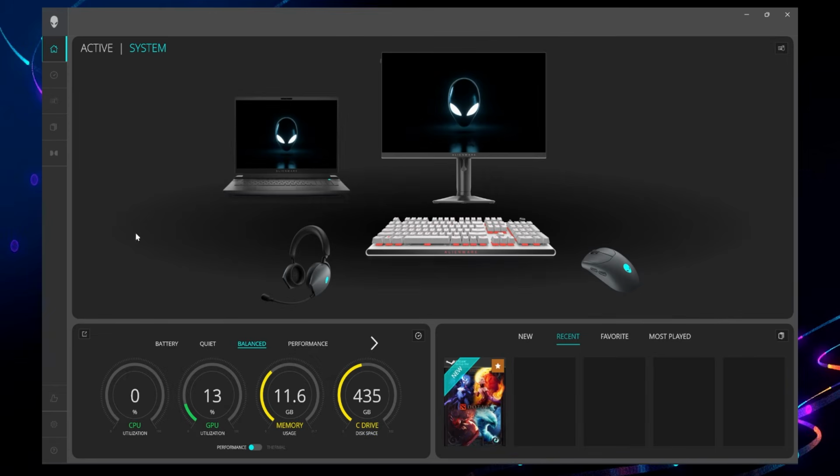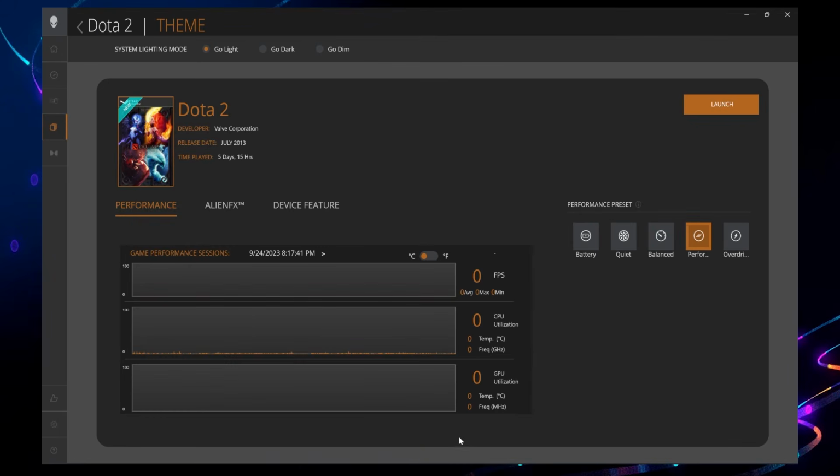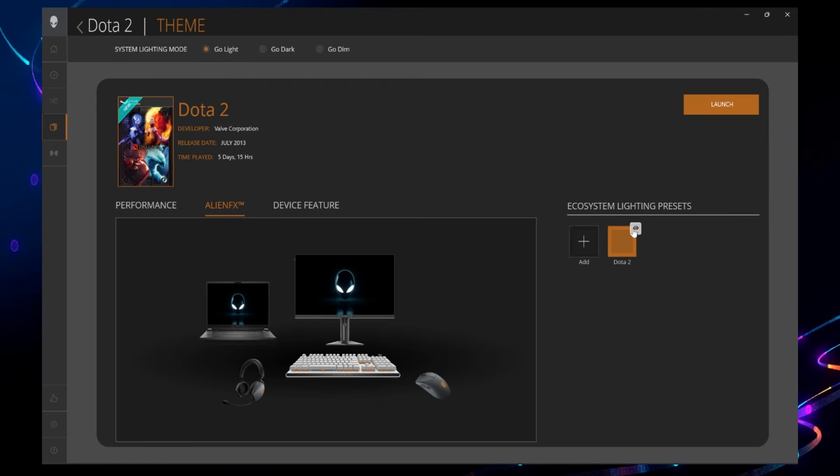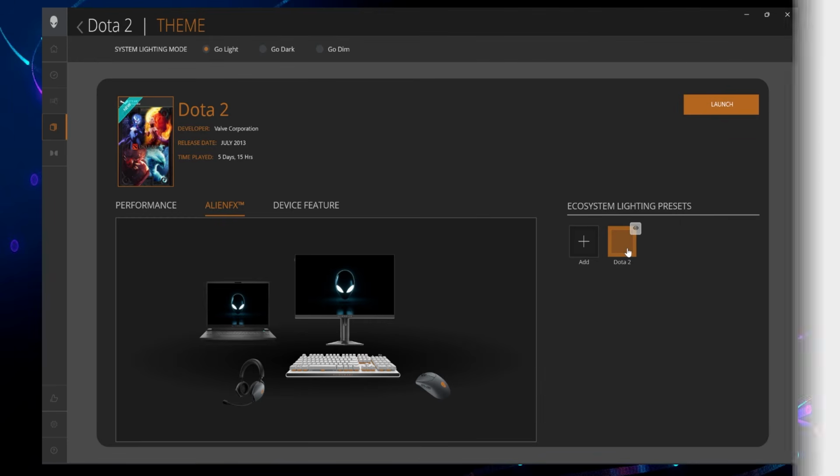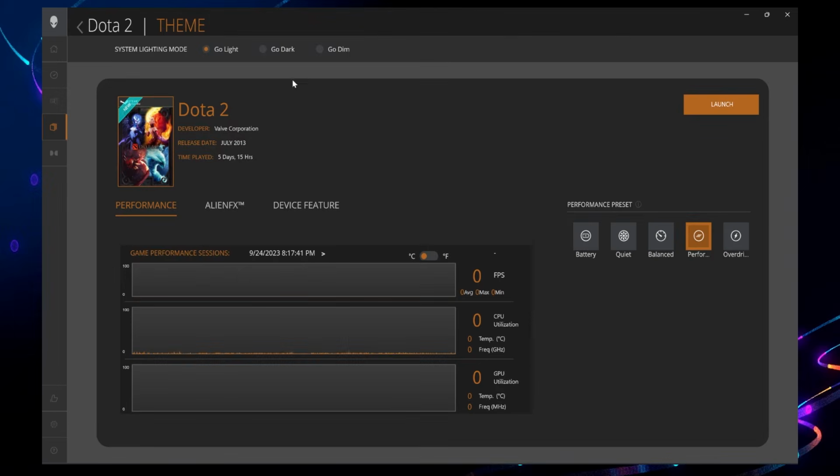As part of the new updated features, Alienware Command Center is now designed to automatically reflect the color scheme from the cover art of the game installed in Alien FX lighting. Users can also manually set the lighting for each game. The game library allows you to configure performance, lighting, and peripheral settings by game so you can customize your experience.